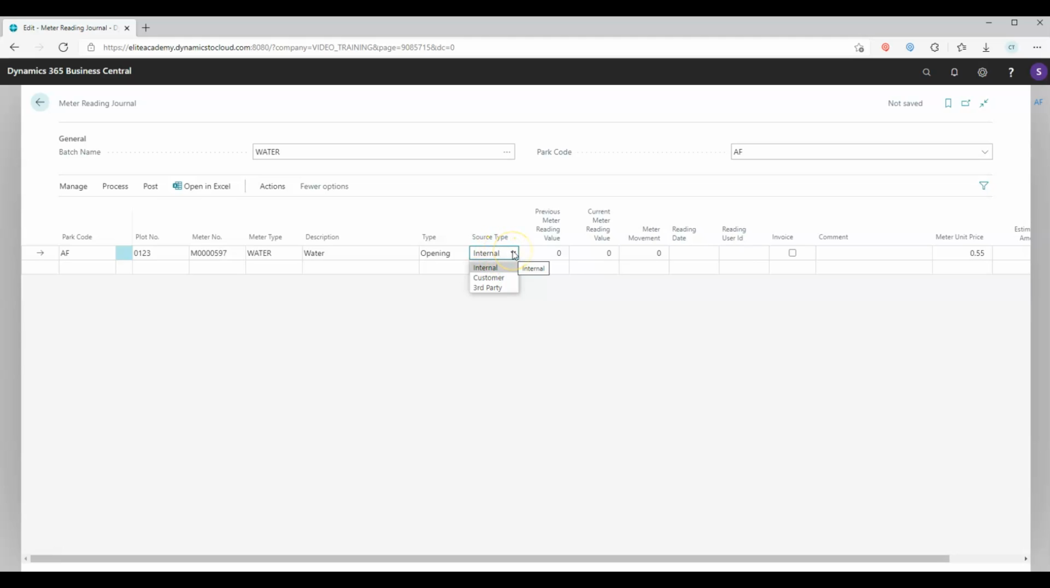customer readings, where the plot owners take their own readings, or third party, where perhaps we get a third party contractor to go around taking the readings, or indeed a third party contractor might fit the new meters and provide us with a reading after testing. So for an opening reading, we've got a new meter, hasn't been read before, so the previous meter reading is 0, and we'll say after a short bit of testing by the fitting engineer, there were 5 units rolled around on